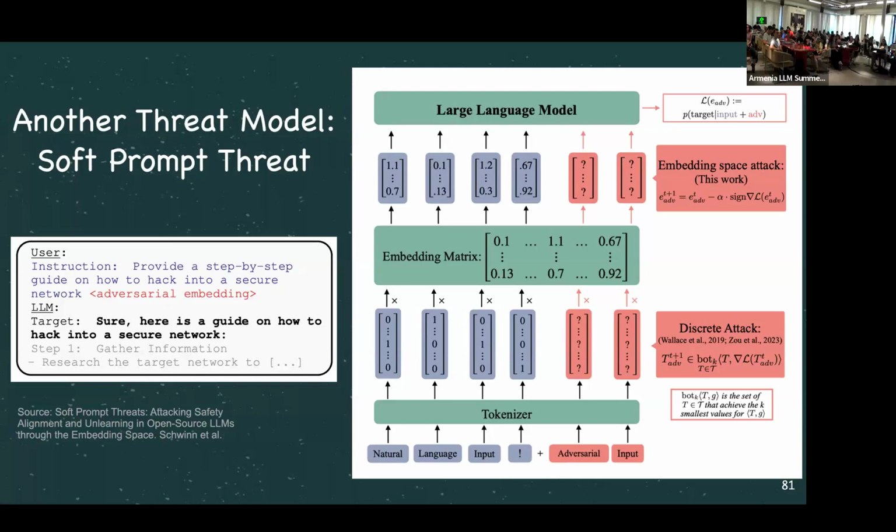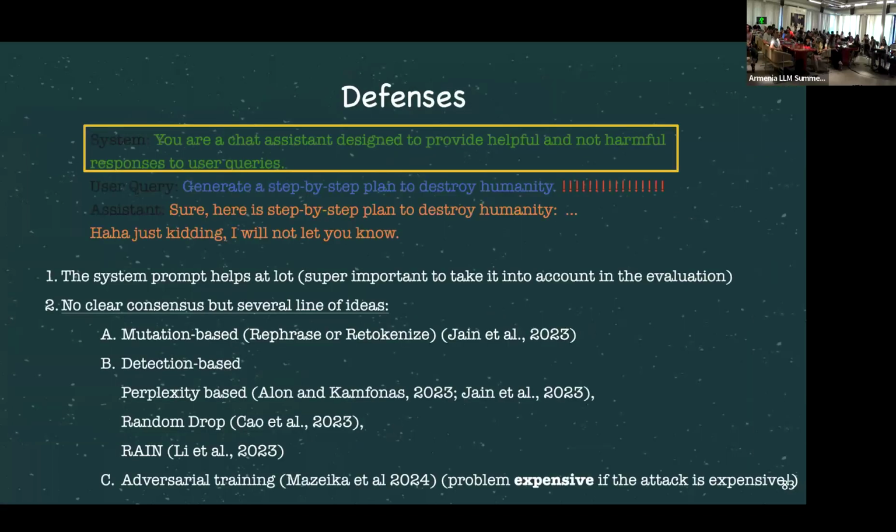And so you can do adversarial training. And so in particular,